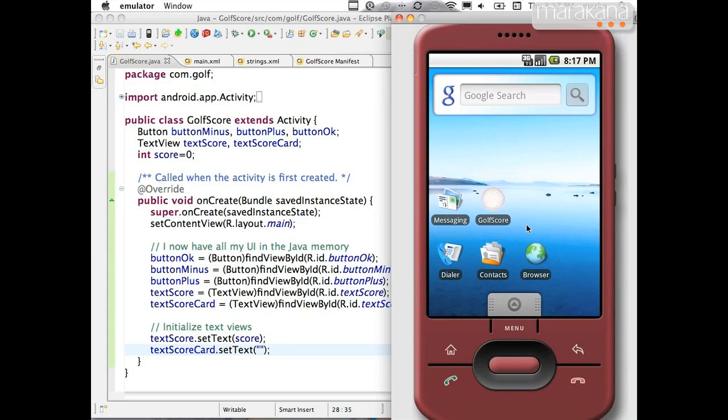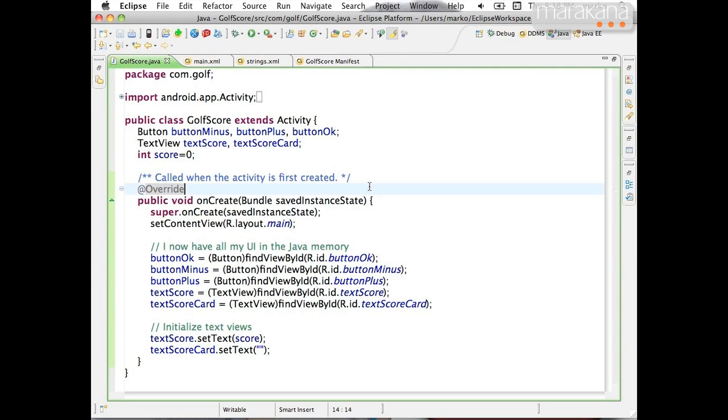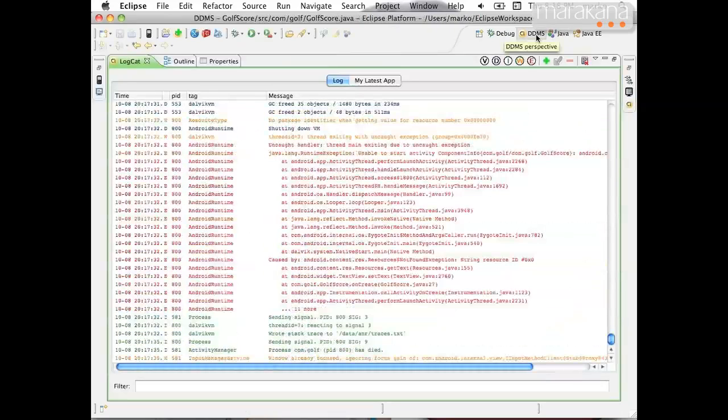So, what do you do about that? How do you figure out what's going on in terms of exception handling and all that? So, let me make a little digression on that because it's important for you to know how to do that. How do you debug, right? How do you track and fix your exceptions and things like that? The simplest way is to switch over to DDMS, which has multiple views, and one of the views you care about is the log cat. Okay, so log cat basically shows you what's going on, and I have an exception that says,